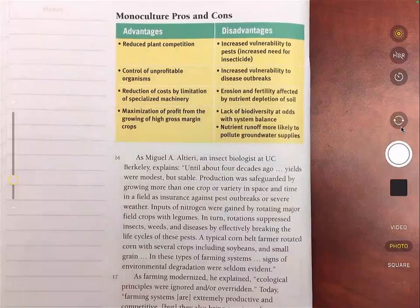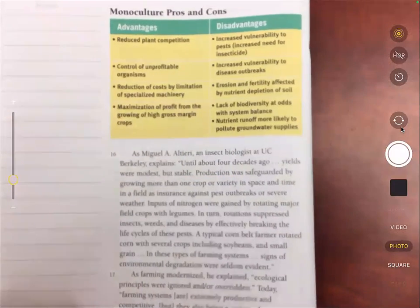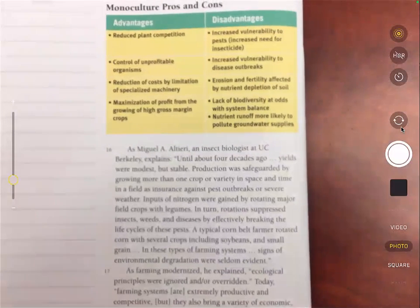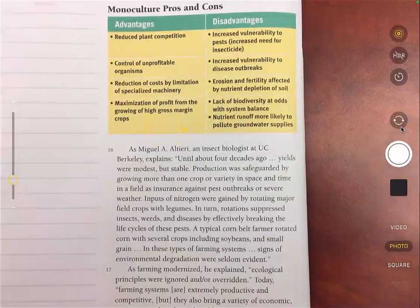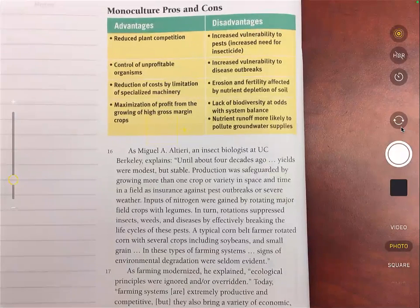Altieri, an insect biologist at UC Berkeley explains, until about 4 decades ago, yields were modest but stable. Production was safeguarded by